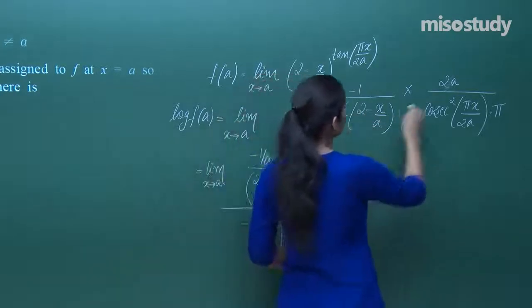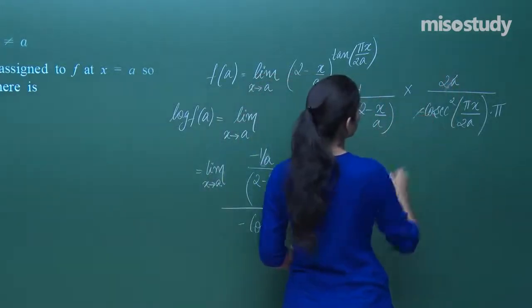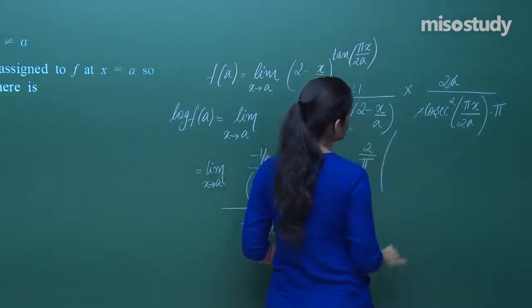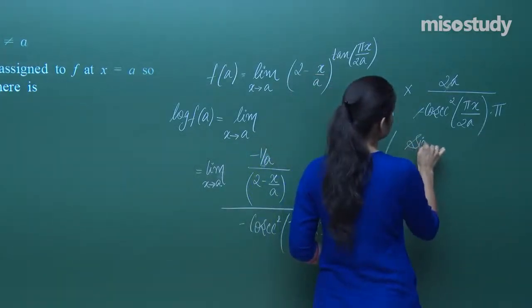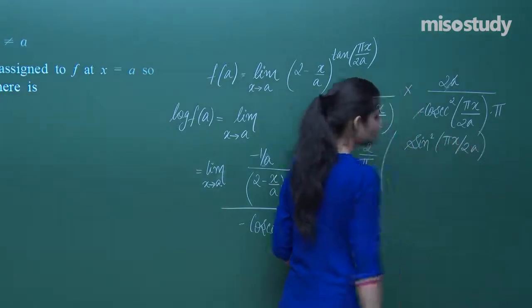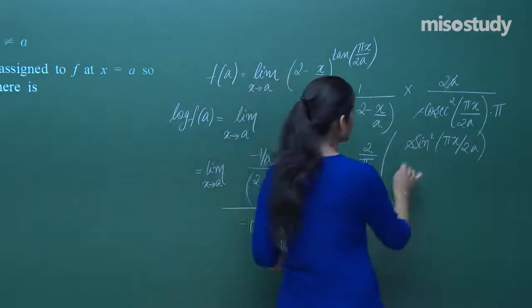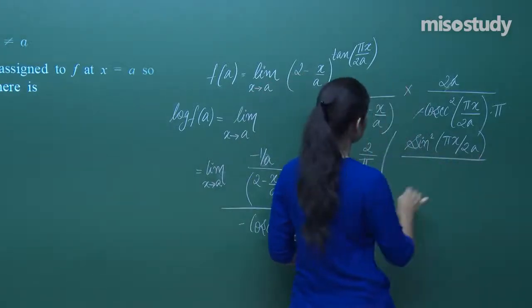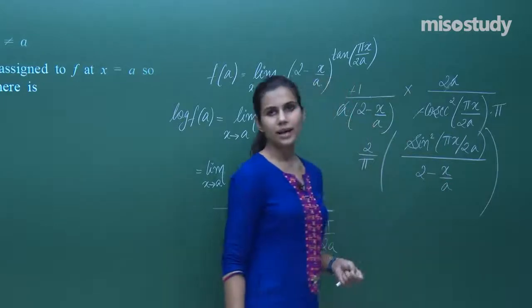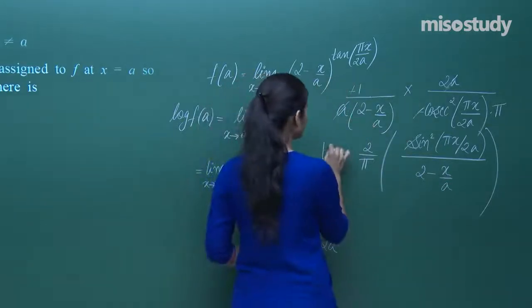So from here you can see a cancels out, minus minus cancels out, you're left with 2 by pi, and here you have sine square pi x by 2a whole upon 2 minus x by a. When you apply limit x tends to a in here,